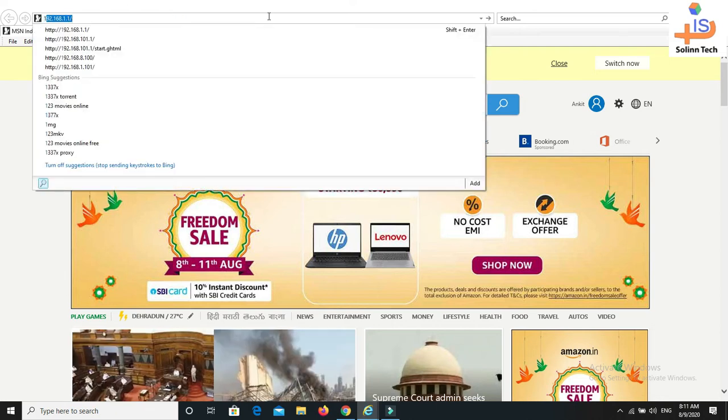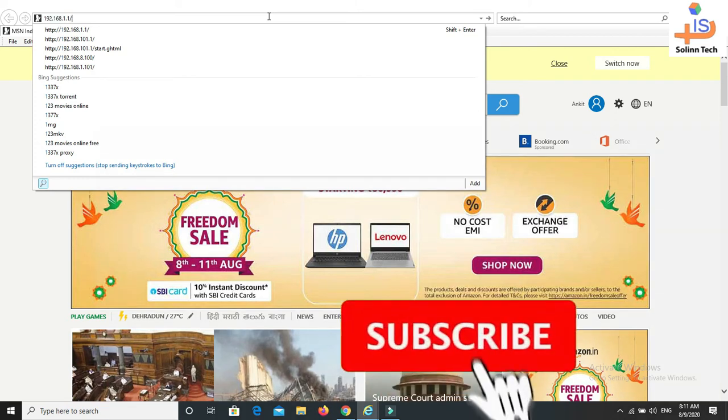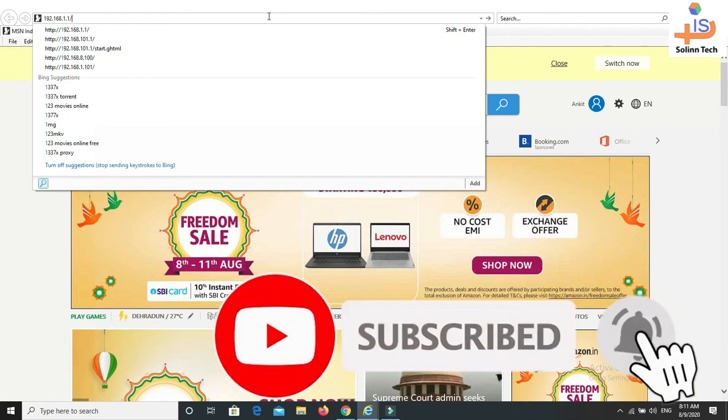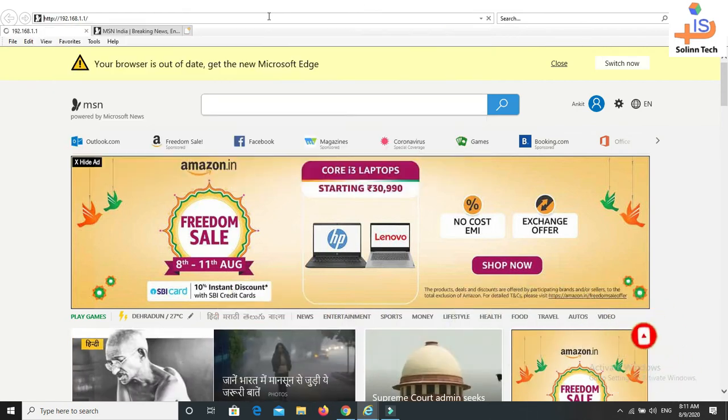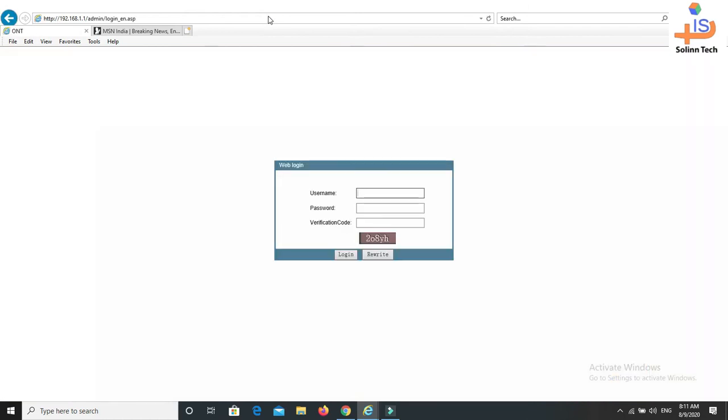So we'll get connected with it, and as you all know, the default IP of the ONTs that are installed for BSNL internet is 192.168.1.1. So we'll log into it. Post logging in, we'll get this page on our screen. So we'll put in our username, and I'm putting in the password.